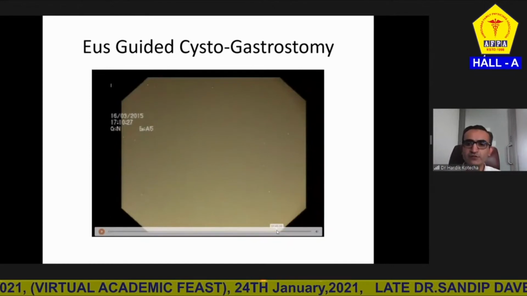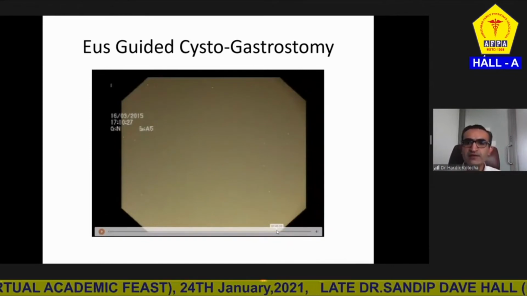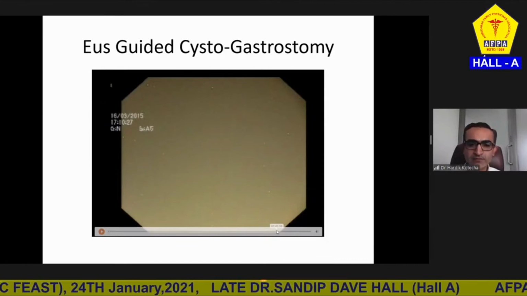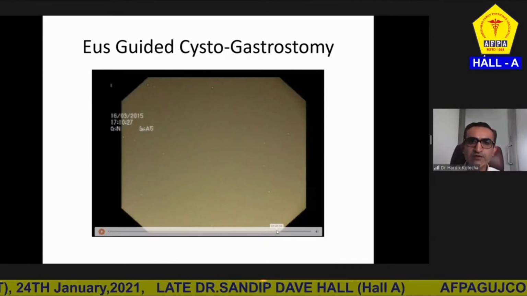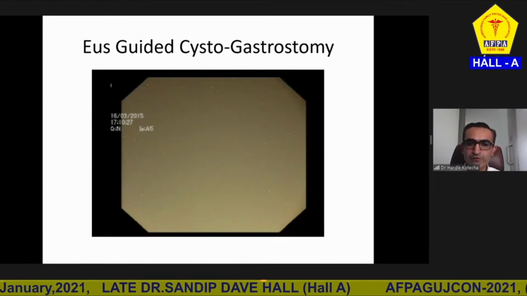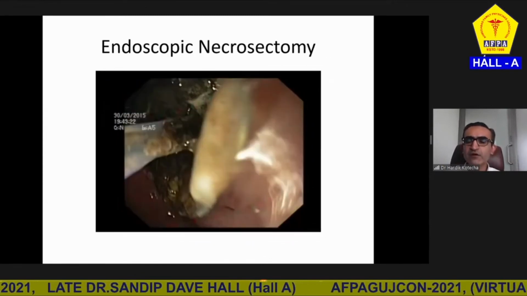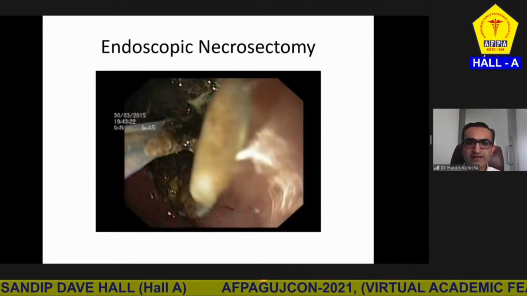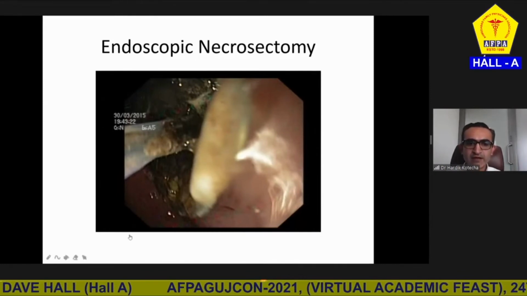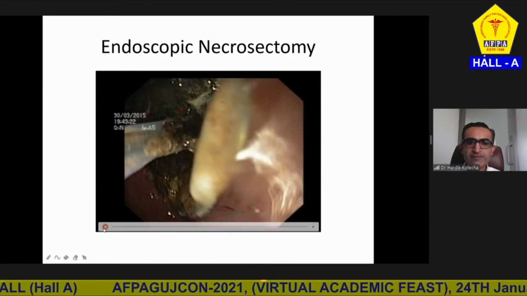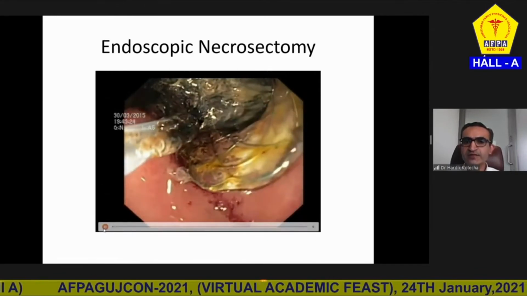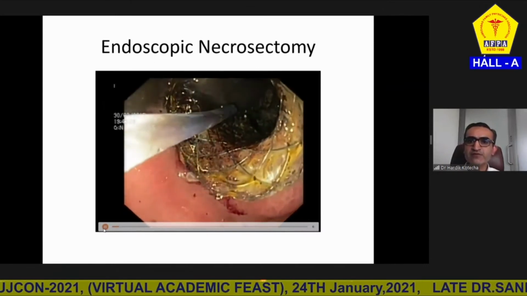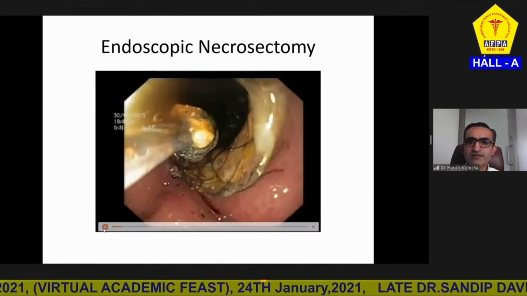Our normal gastroscopes are 11 millimeter in size. So all the solid debris which is there in the retroperitoneum, lesser sac, can be removed afterwards, after waiting for 24 to 48 hours. We can go with a normal diagnostic endoscope, use multiple accessories like a Dormia basket or a snare, and start removing the solid debris which is there. The pus will obviously drain, but all this solid debris will not drain.